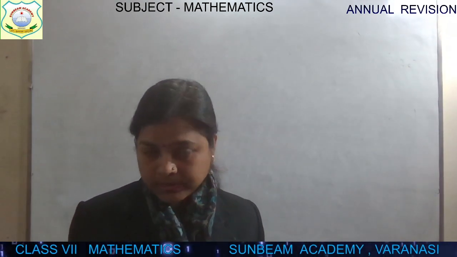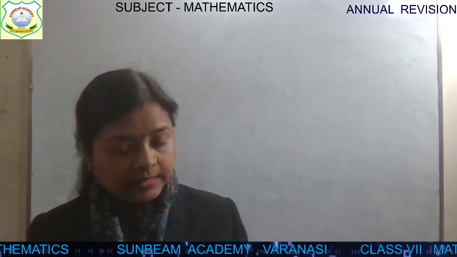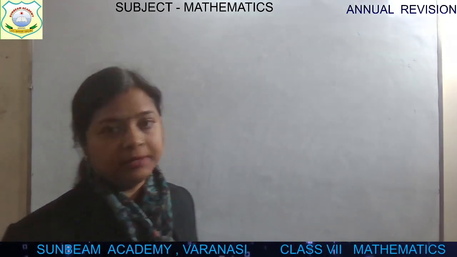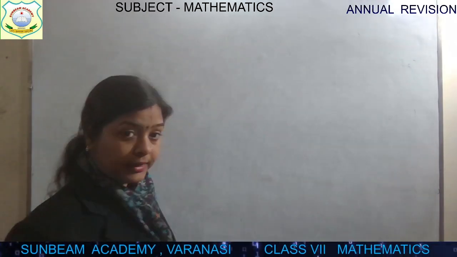In today's class we will start with the formulas which you have already completed in your mensuration chapter, and then I will give you a link through which you will solve the revision paper. So let's start with the formulas, children. First of all we were having square and rectangle, and we have to find the area and perimeter of it. So how to find it, children?